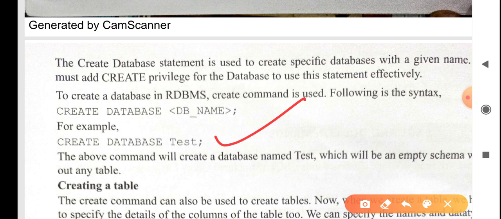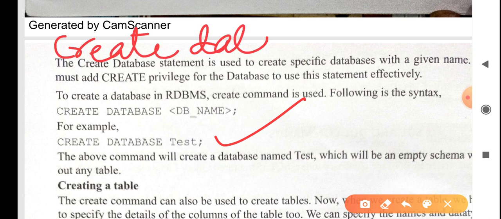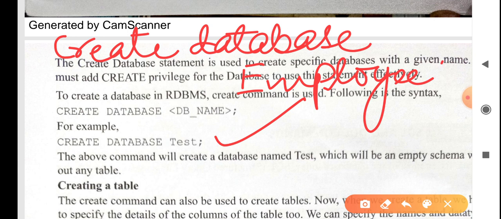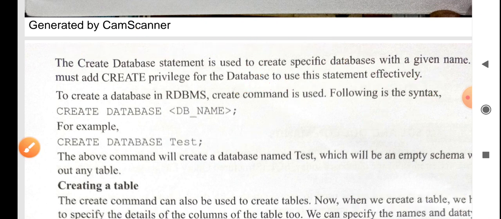This is the simple way through which you can create a database. So with the help of this command, a database named employee will be created.